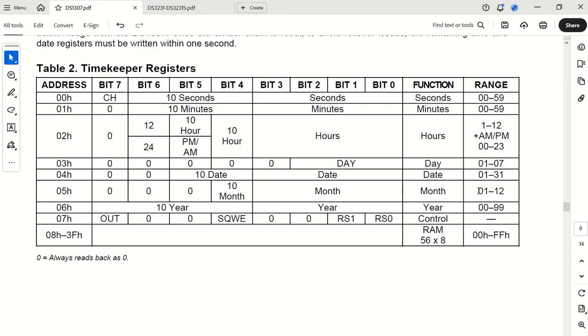If we look at the months, it's from 0, 1 to 12, which means the upper digit will be a maximum of a 1. That's why there's only one specific position for month. Even if it's month 12, this is going to be a 1. And if it's month, let's say 8, that's going to be a 0, and the 8 will be placed in here. So again, this is the lower part of the month, and this is the upper part of the month.